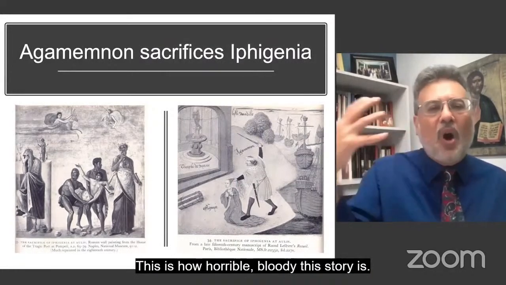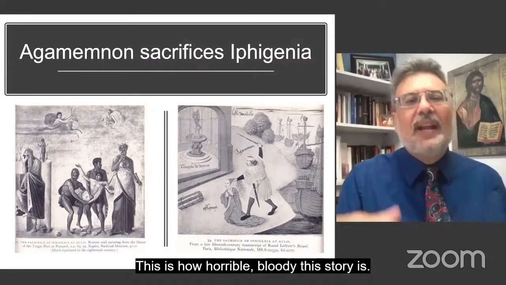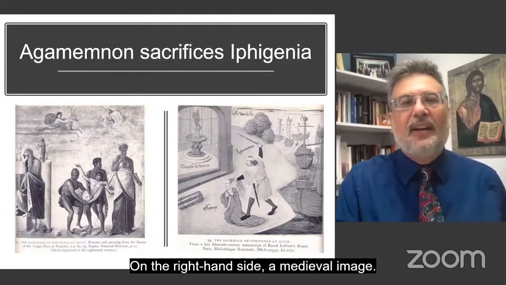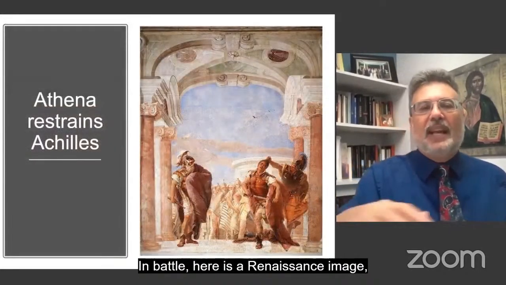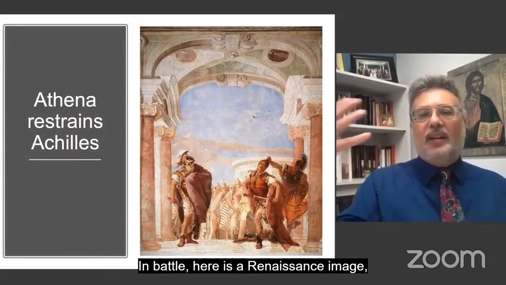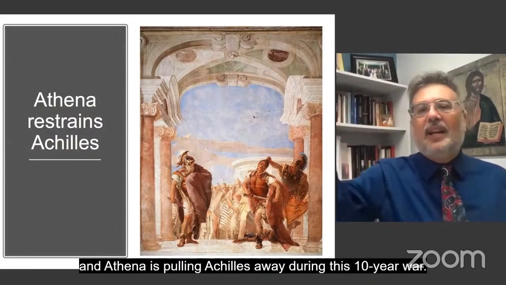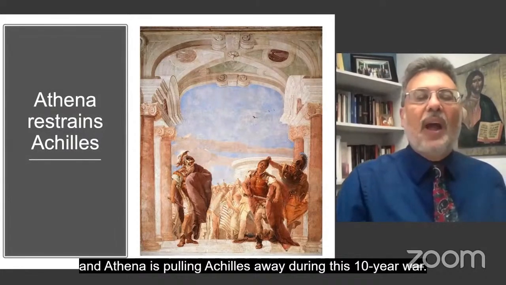This is how horrible, bloody this story is. And again, on the left-hand side, a classical image. On the right-hand side, a medieval image. In battle, here is a Renaissance image where Achilles is going too far and Athena is pulling Achilles away during